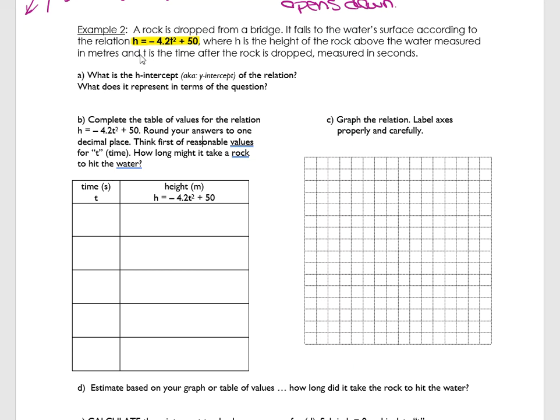What is the H-intercept? So that's the same as a y-intercept, except because I don't have a y here, I have an h, I have to say the H-intercept. What is the H-intercept of the relation? Remember what that is? That's the constant. That's this number here. And what does it represent? So the H-intercept